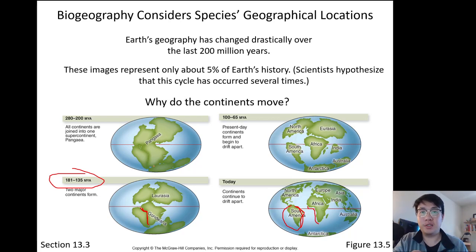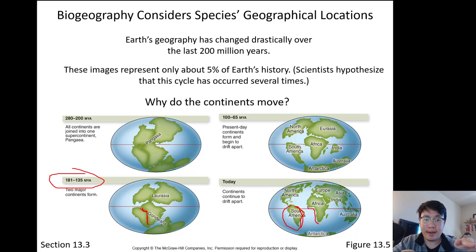Now, why do continents move? Again, Earth is a moving landmass. We are positioned on plate tectonics, which is floating on top of magma. When you see a volcano erupt, what pours out is lava, which is magma. Once it pierces the Earth's surface, it's called lava. So we're floating on piles of magma.